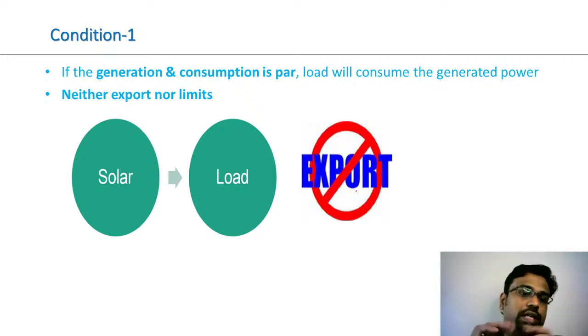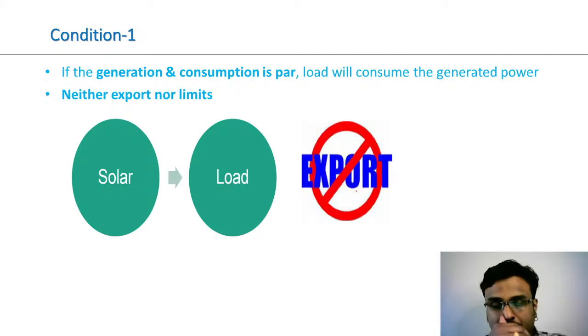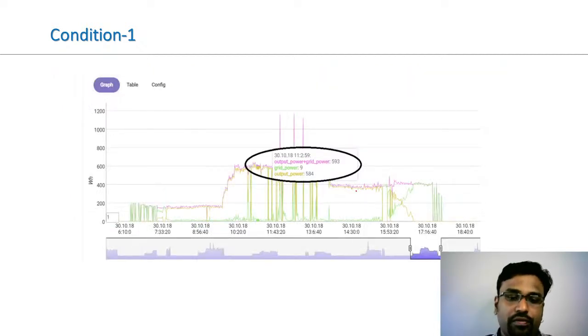As I said, we'll go through some different conditions we come across. The first condition is that we have a load of 800 watts, and our solar is generating 800 watts. So whatever is generated will feed the load. There is no export or limiting happening. And if you look here,